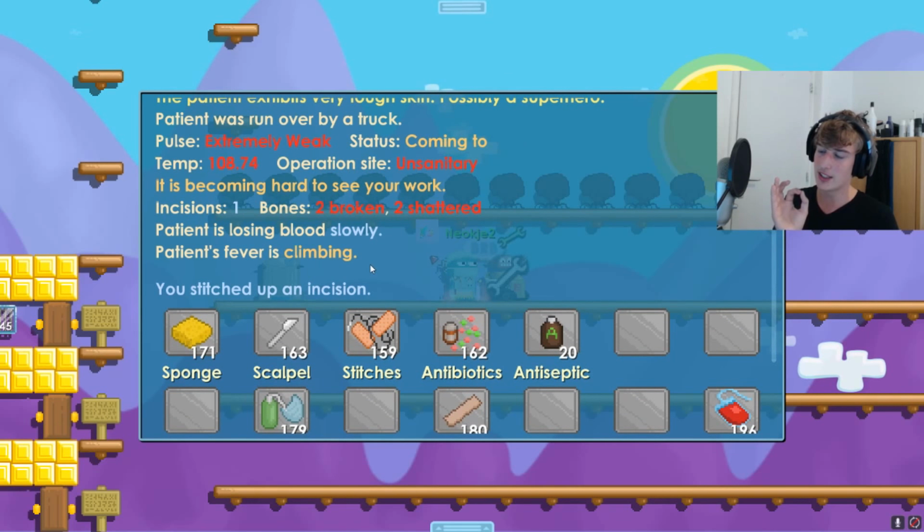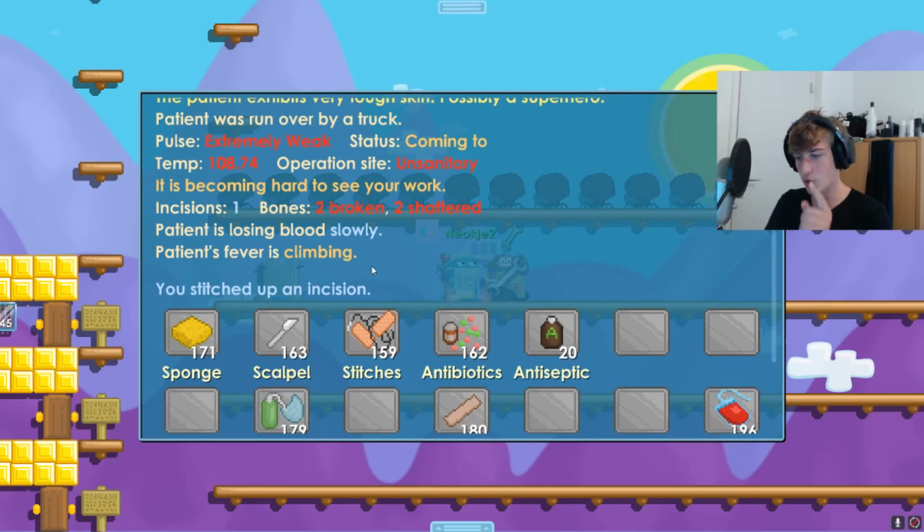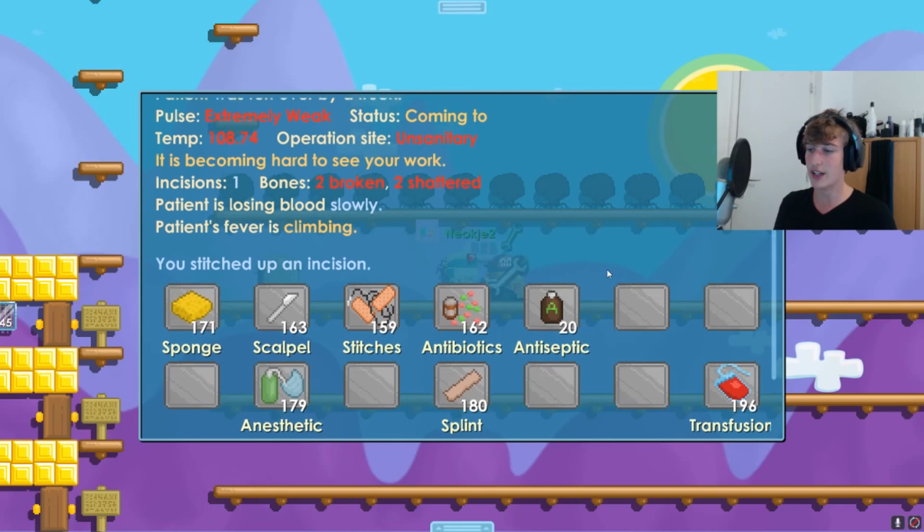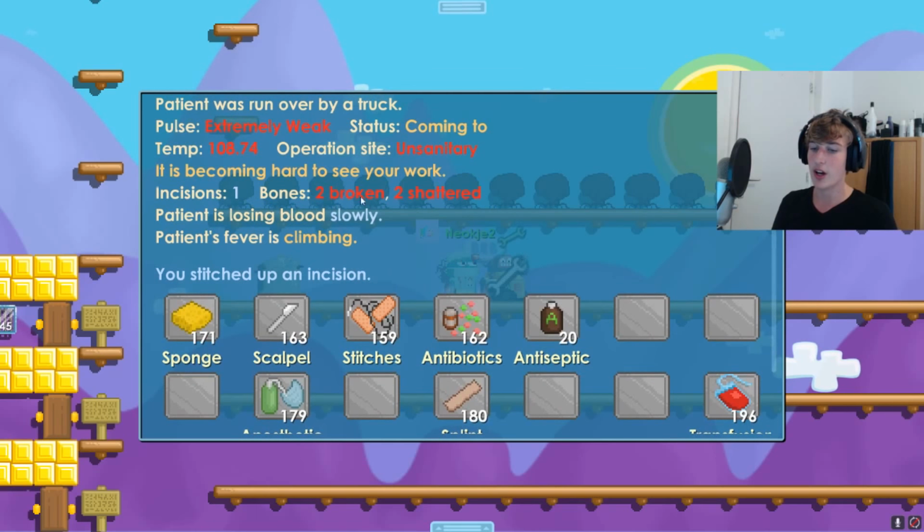This means that the pulse is probably strong enough to survive one more turn, meaning we now need to choose between stitches, antibiotics, and transfusion. Again, like I said, using the antibiotics will probably make sure that we can no longer see the site. Transfusion will have the same issue once again. If we use stitches, we reduce the incisions from 1 to 0, meaning the pulse will no longer lower, so